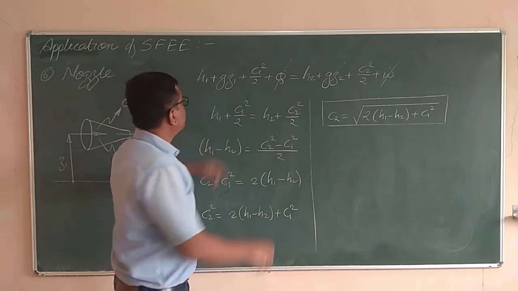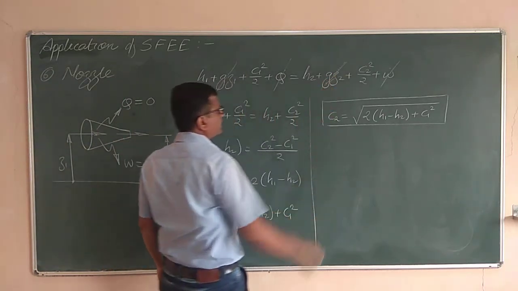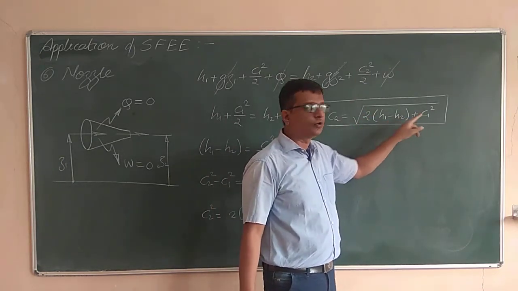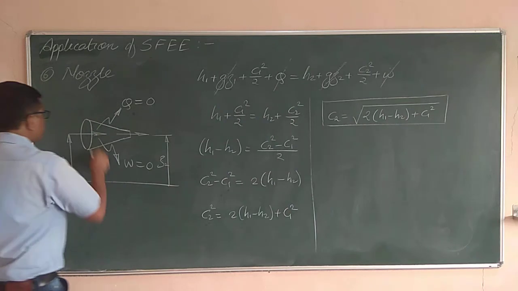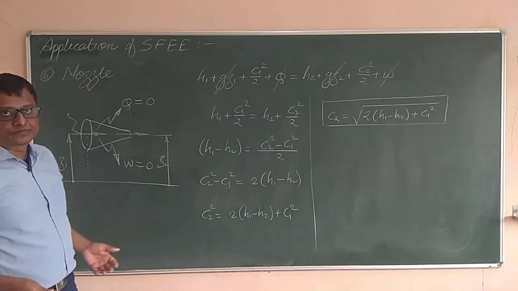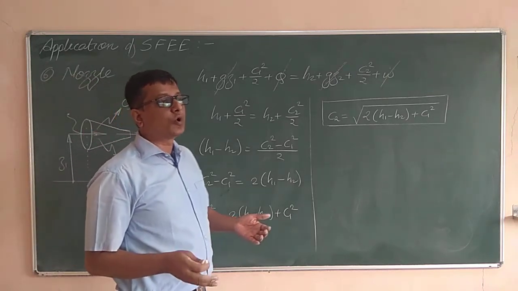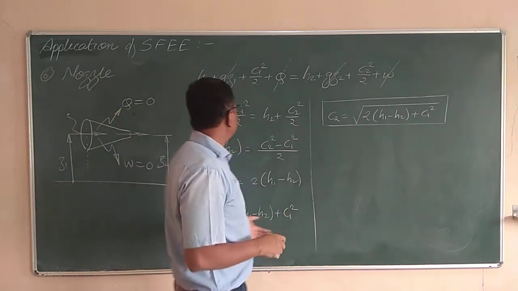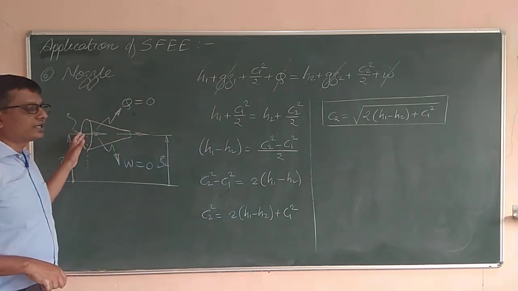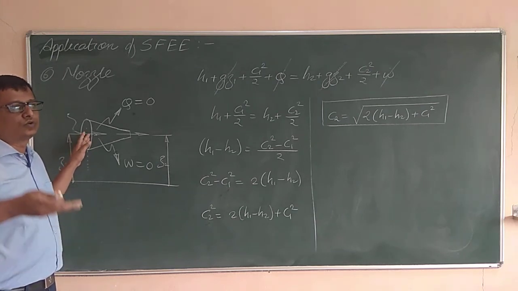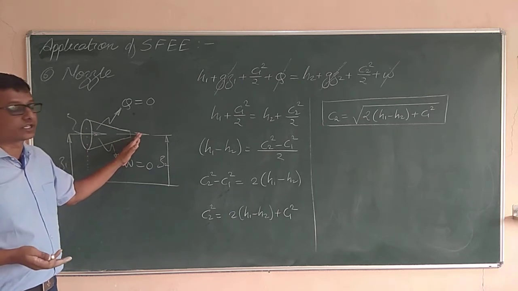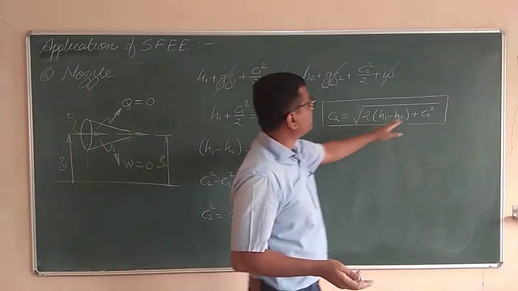We have seen which parameters get cancelled, and the dominant parameters are over here. Now, out of that, if I consider C1 to be very close to 0, since in the case of a nozzle the inlet has very high pressure and very small velocity, the velocity is negligibly small. For example, in a steam turbine, the speed of the steam at the inlet is maybe 1 to 10 meters per second, whereas at the outlet the speed is in the range of a few hundred meters per second. And the square of that is again small.